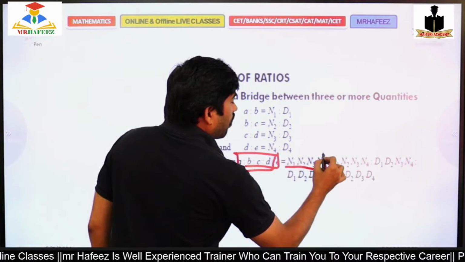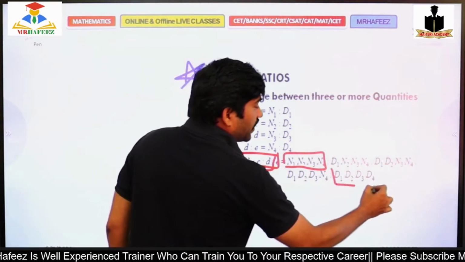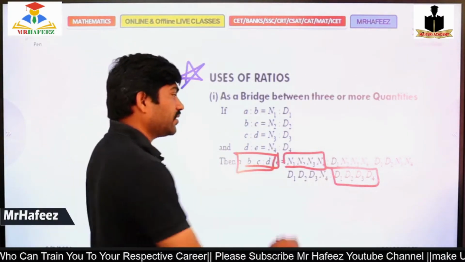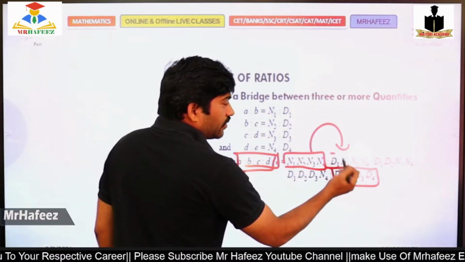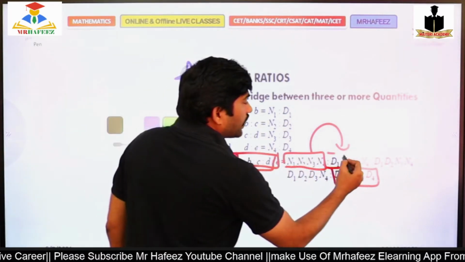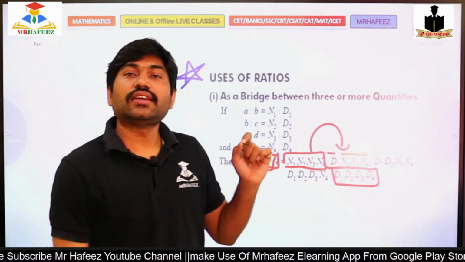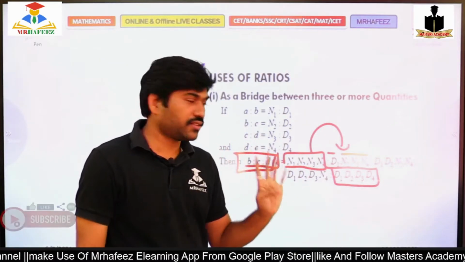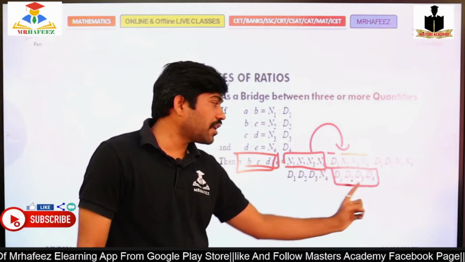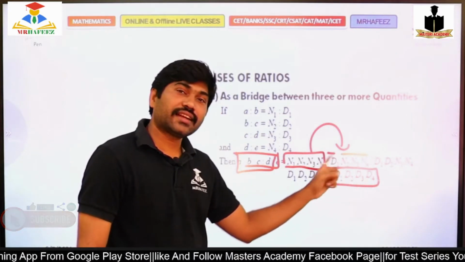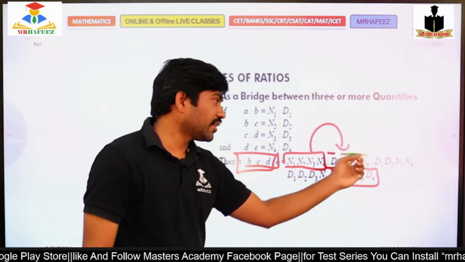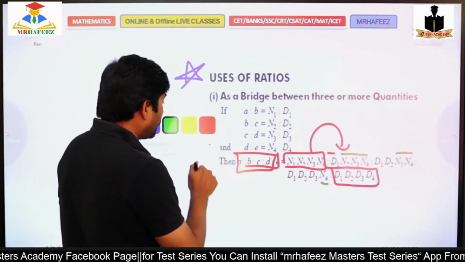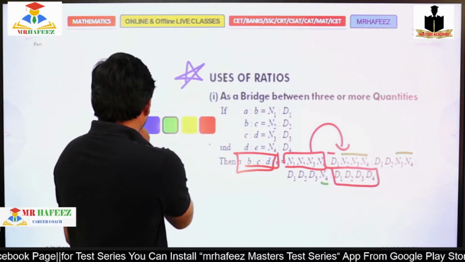N1, N2, N3, N4, all numerators. The last one is all denominators. First one is all numerators, last term is all denominators. And next is 1 D, all N's: D1 into N2, N3, N4. So four variables should be multiplied in each and every case. All numerators in the first, all denominators in the last. The second has only 1 D and all 3 numerators, then 2 Ds and 2 numerators, then only 1 numerator and 3 denominators. So that is the case.